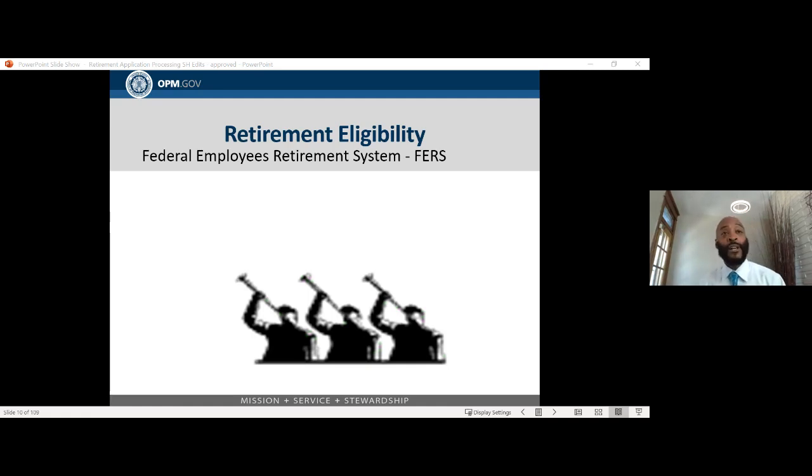Okay, so the eligibility requirements under FERS is the individual must have at least 5 years of creditable civilian service. But there's no 1 out of 2 requirement under FERS as there is under CSRS. Thus, an employee who elects to transfer to FERS does not have to be under FERS for 1 year to be eligible to retire. The employee does not have to be in a position subject to FERS as long as they meet the requirements. And those requirements are,